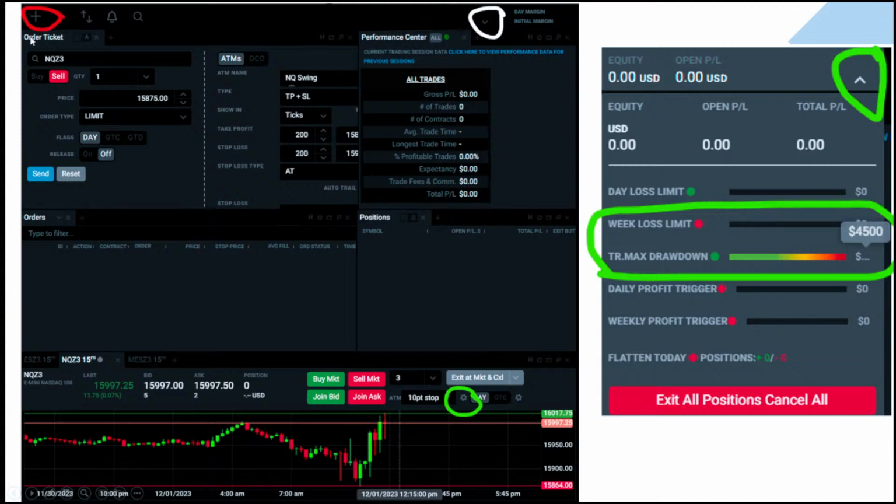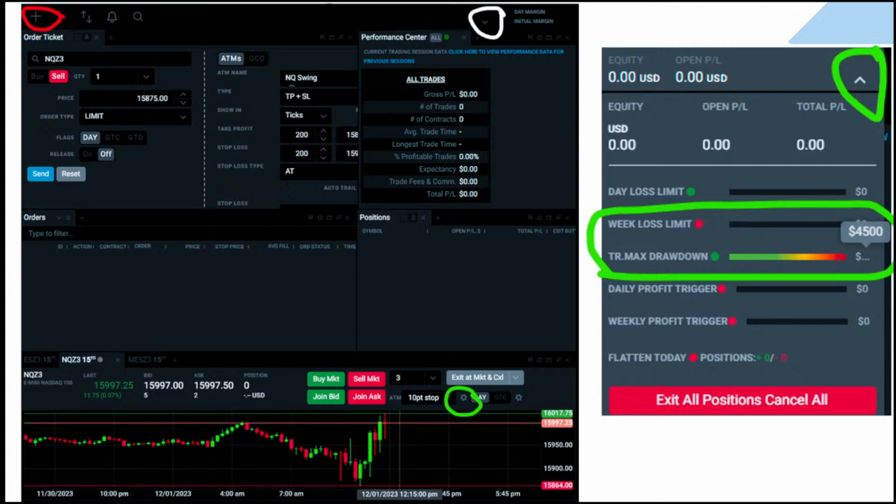So all these windows, you see order ticket right here, performance center, orders, positions, and then this is, I think, just called charts. All of this can be moved. If you click this plus here, and I can't do it because this is a screenshot, it opens up a little drop down and you can choose from tons of other options. I just keep mine pretty simple.